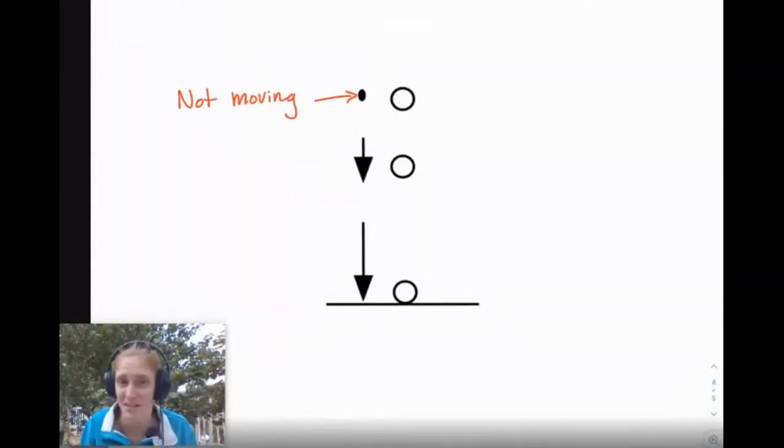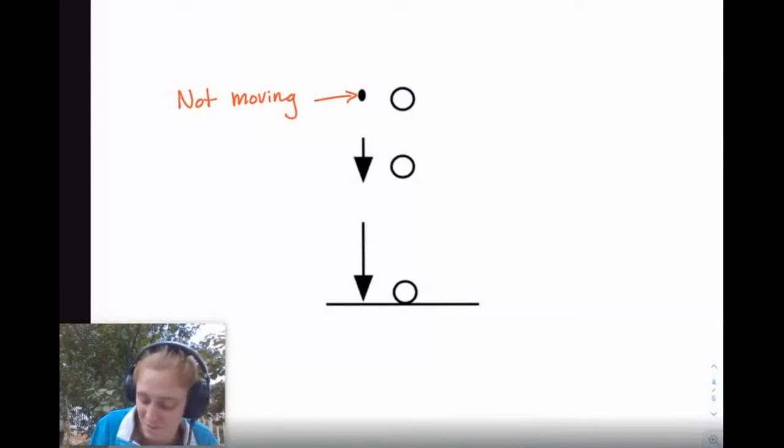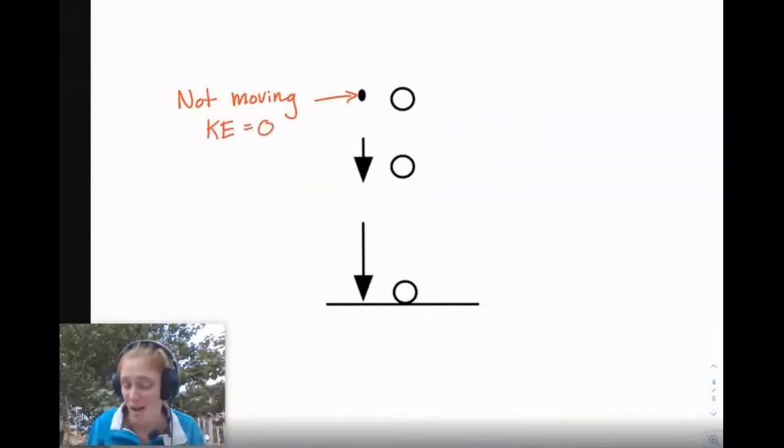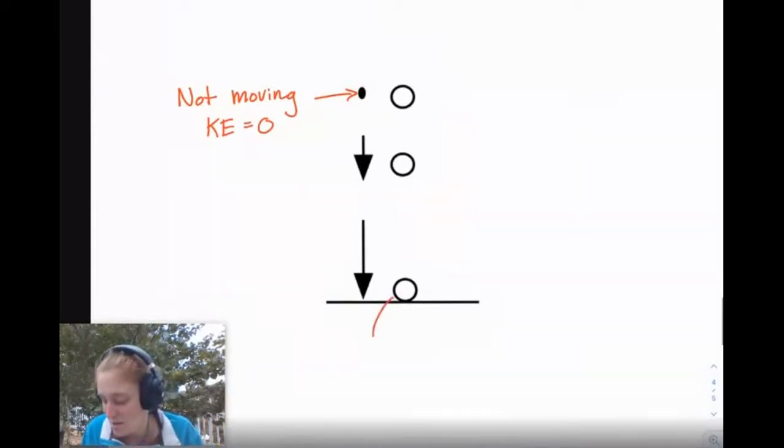And if it's not moving at the top, I want you to pause this video and tell me how much kinetic energy does it have? Okay, so your kinetic energy should be 0